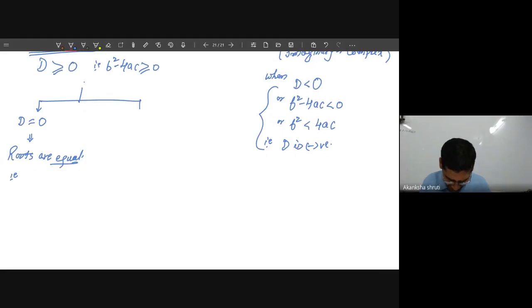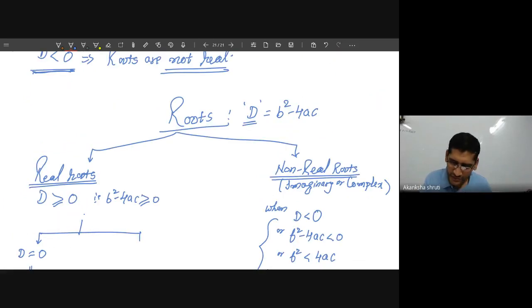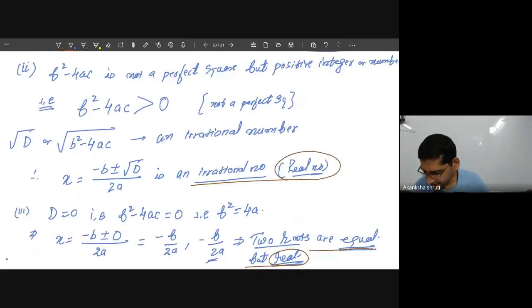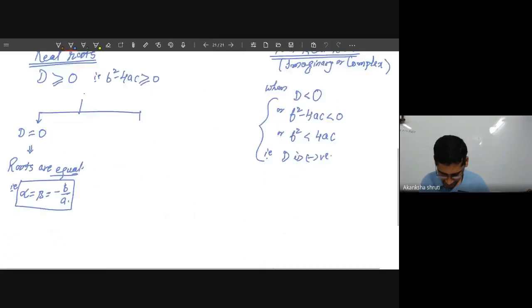That is, what is this? Alpha is equal to beta, and what is that value? It is minus b by a. Okay, students, this you have to keep in mind. If D value is coming as 0, then for calculating alpha and beta, means root, you have to just take the ratio of minus b by a. Is it correct? Students, अभी हमने जब इधर पुट किए थे तो it was not minus b by a, it was b by 2a. यहां ध्यान दीजिए, you people are sleeping. यही मैं चेक करता रहता हूं कि आप लोग सो तो नहीं गए हैं.